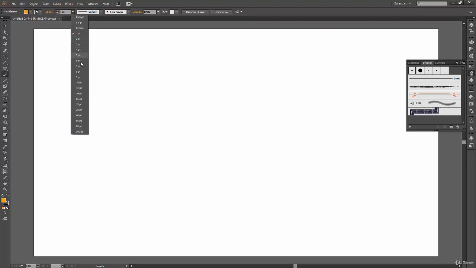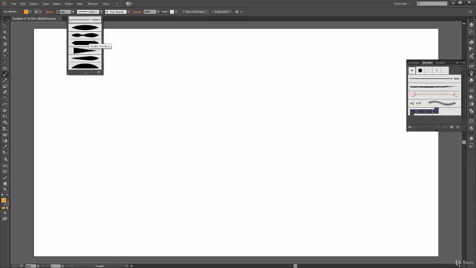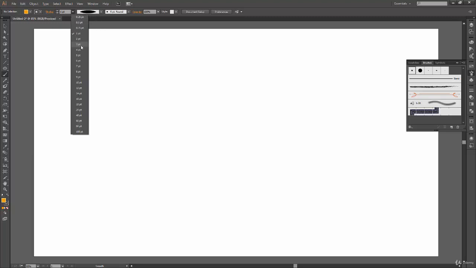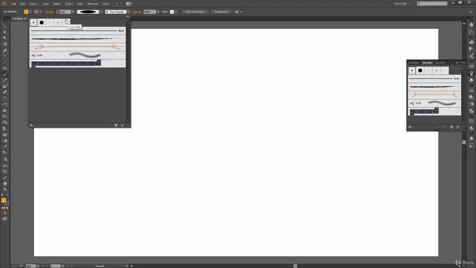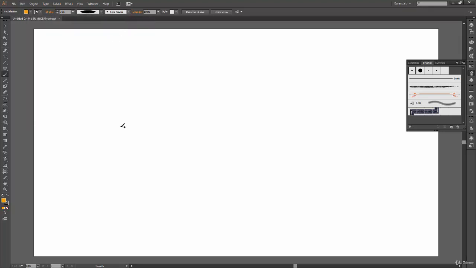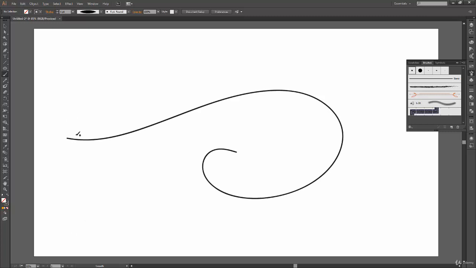We can increase or decrease our brush stroke from here, 1 point, 2 point, 3 point, or any point you want. Then we have this width profile, so we can select any of the width profiles. Let's select this first one, so that it's thinner at the ends and very thick in the middle of the line, and we'll have a 3 point outline. Here let's keep the brush definition like this, and we'll see how these two options work. When I click and drag this time, you can see nothing is actually happening.